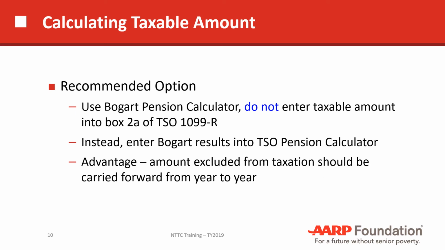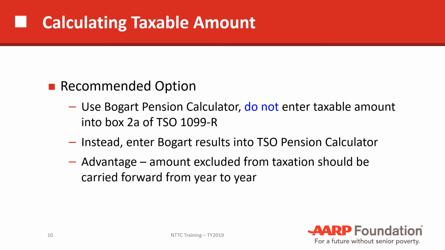So calculating the taxable amount, this is a recommended option, at least it's my recommended option. You can use the Bogart pension calculator, but do not enter anything in the taxable amount in box 2A of the 1099-R in TaxSlayer Online. Instead, you're going to click on the TSO pension calculator, which is just below that box 2A. And when you click on that pension calculator, you can then take the amounts from the Bogart calculator and put them into the various fields in the